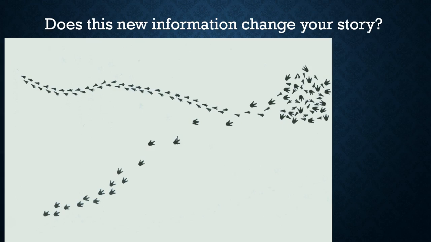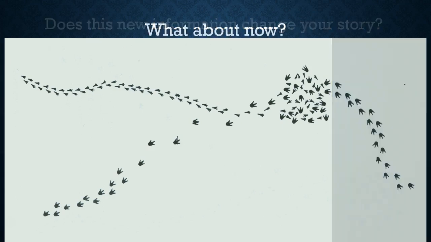Okay, and then what if we even add more information? Well, now the picture becomes a little bit clearer as to what has happened. Perhaps the larger animal, perhaps there was a fight here, something happened. Perhaps there was a predation event. Maybe the smaller animal stayed behind because it was killed. Maybe the larger animal ate the smaller animal. But we clearly don't see the smaller animal's tracks here. Maybe they stayed behind.